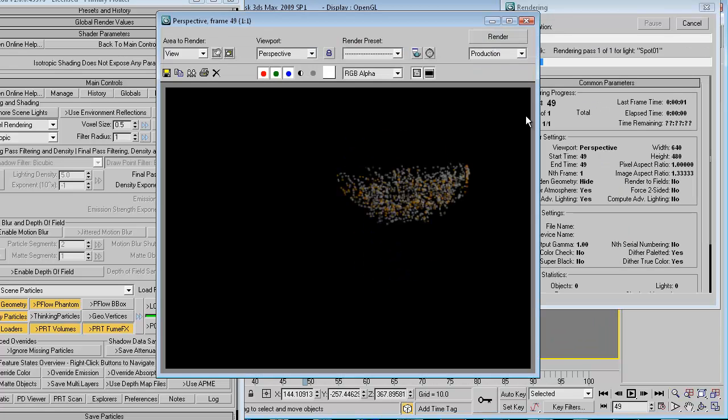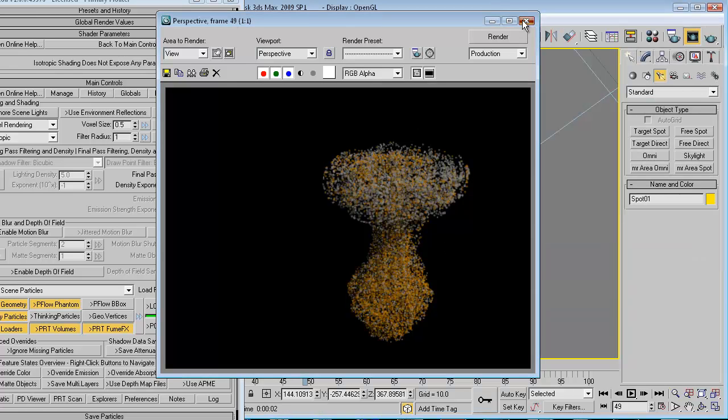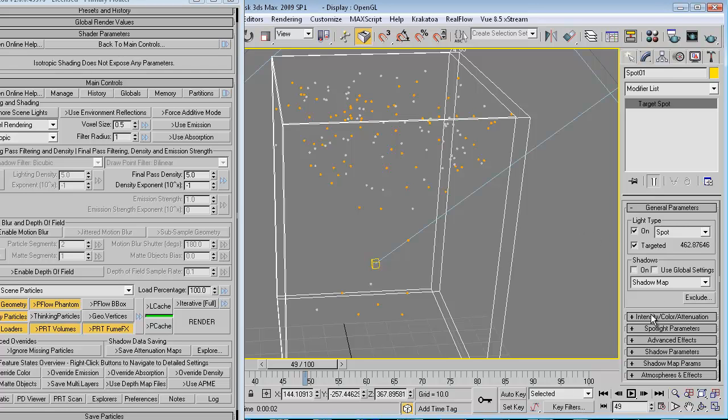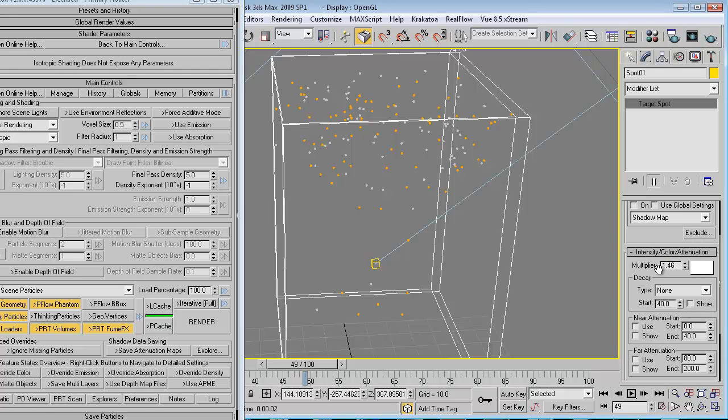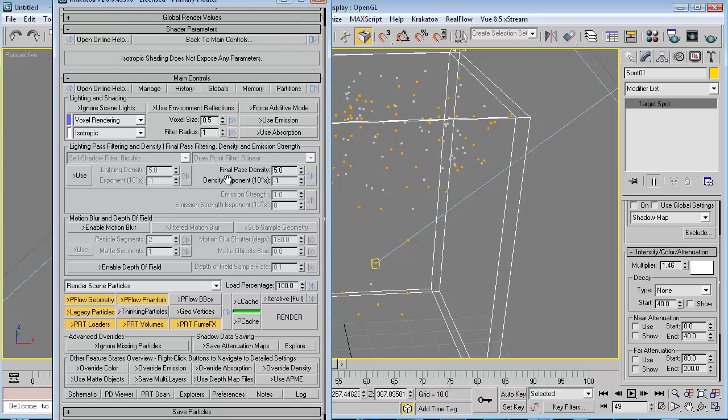Let's render it. Okay, so now we can go to the modifier panel, increase the orientation. Now for voxel rendering, we need to